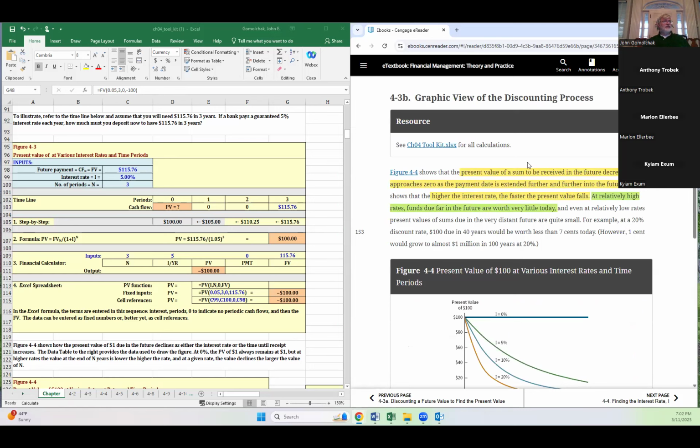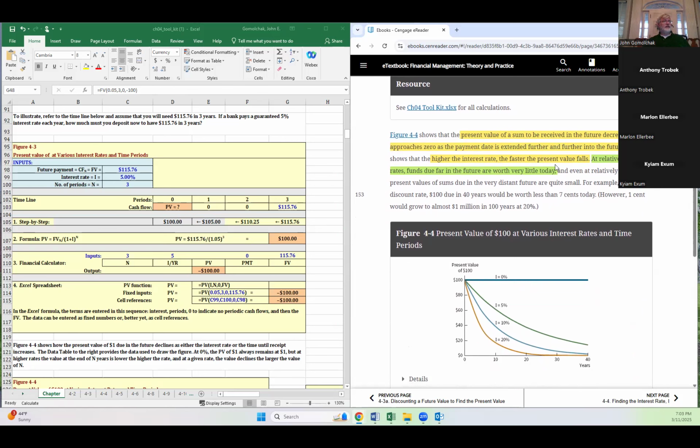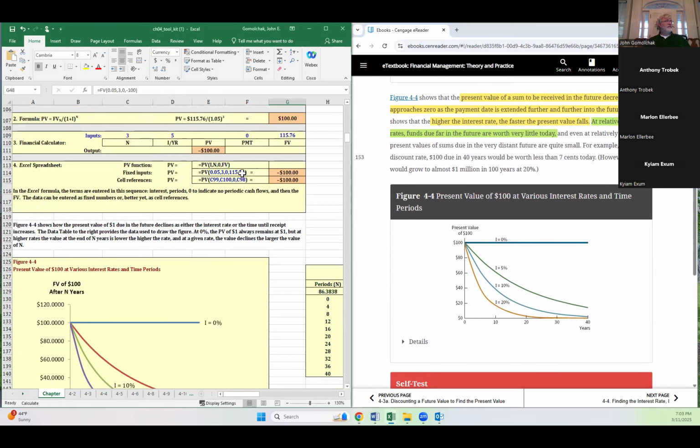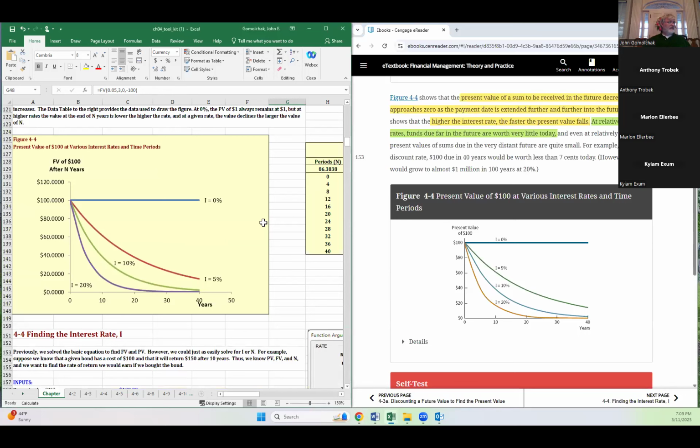Graphing again, so we can do some graphing to show the present value of a sum to receive at a future date decreases and approaches 0 as the payment date is extended further and further into the future. So once again, we have the same chart over here in the toolkit. If we had $100,000 and we're looking at 40 years in the future, if we have a 0% rate of return, then that $100,000 is a horizontal line on our chart. So if we look at the future value,